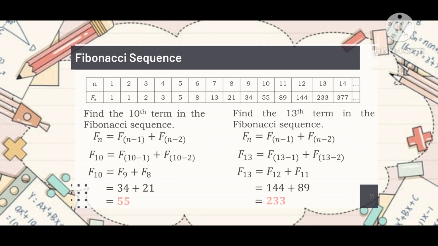Next, find the 13th term in the Fibonacci sequence. So same lang din yung parang sa ginawa natin kanina. Papalitan lang natin yung n natin ng 13 since yung pang 13th term yung hinahanap sa ating problem. So, f sub 13 minus 1 is equal to f sub 12 plus f sub 13 minus 2 is equal to f sub 11. At kung titignan ulit natin sa ating table, ang ating f sub 12 is 144 at ang ating f sub 11 is 89. So, 144 plus 89 is equal to